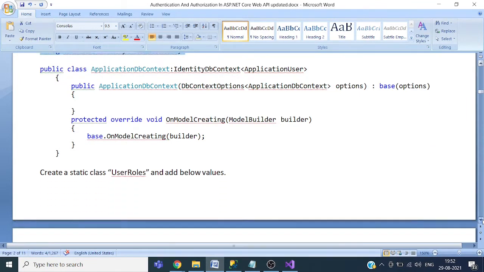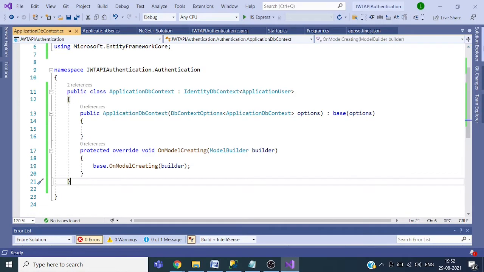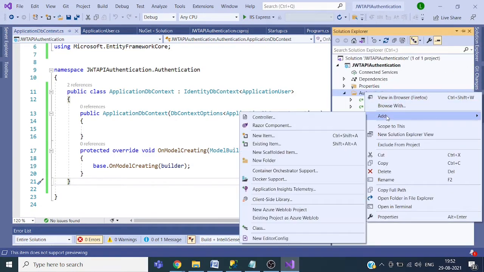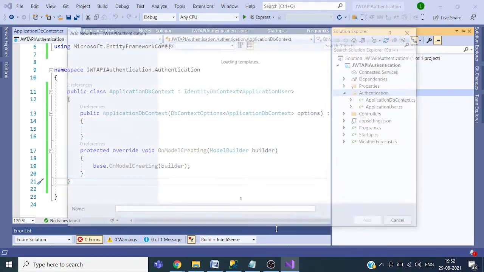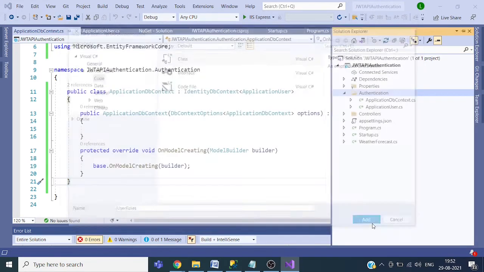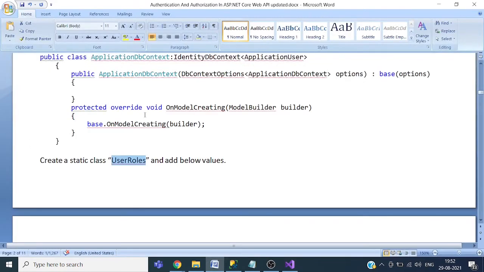Now create a class UserRole. Here we have two roles.